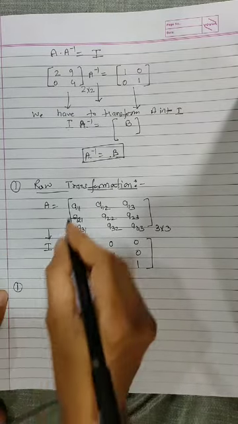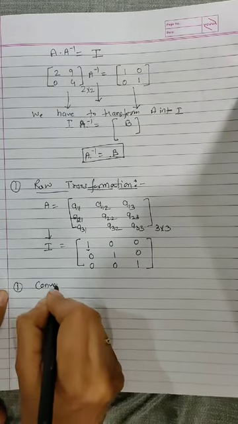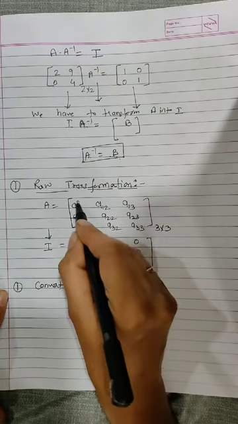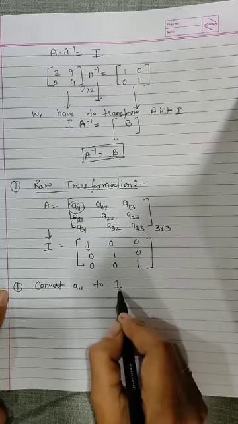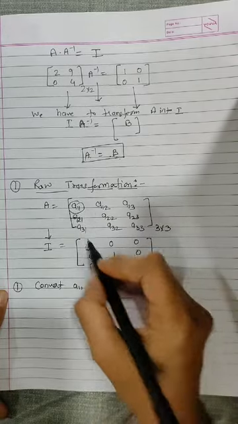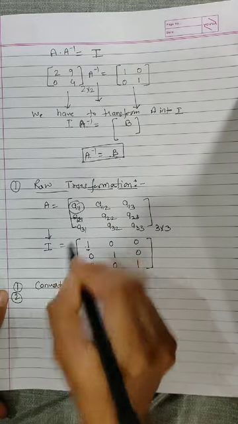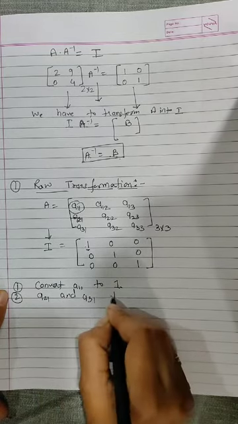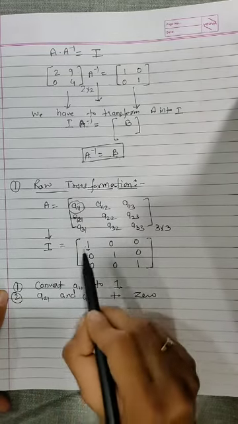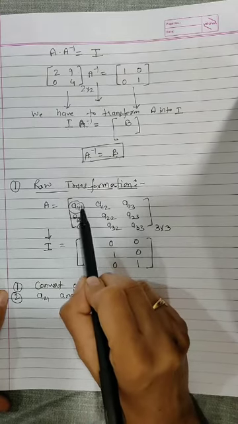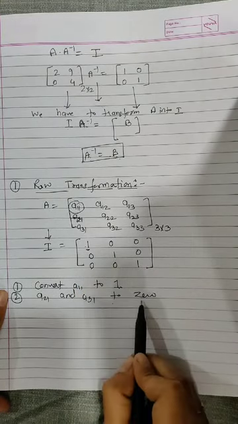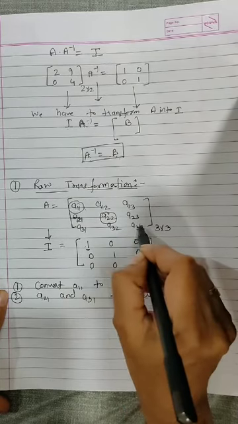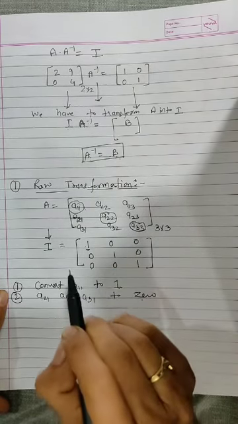So our step is to convert A11 to 1. Your first element you always have to convert to 1. The next two you have to make 0. The second step is that these elements, A21 and A31, we have to make 0. So first step is this element should be 1 and the other two elements will be 0. Now next move on to this element. Actually you always have to take diagonal elements.